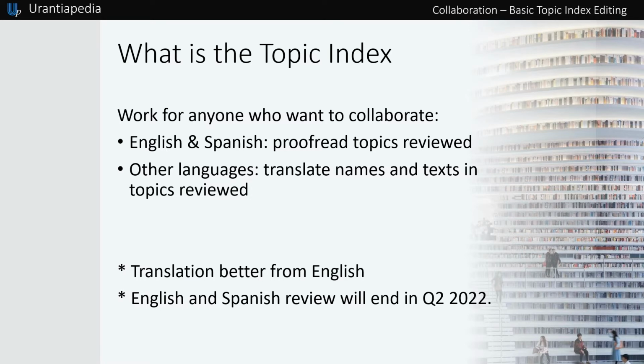Translation is preferable to be done from the English version. And second note, currently not all the topics in English and Spanish are reviewed. This is a work in progress, and it is expected that the revision will end in Q2 of 2022. So now let's explain how to do these tasks.